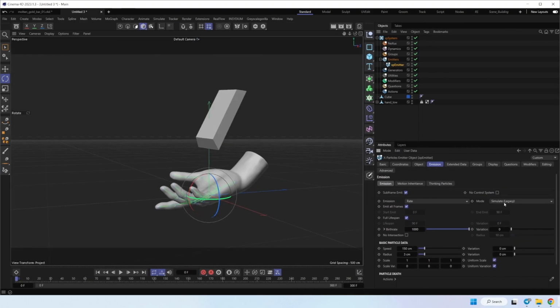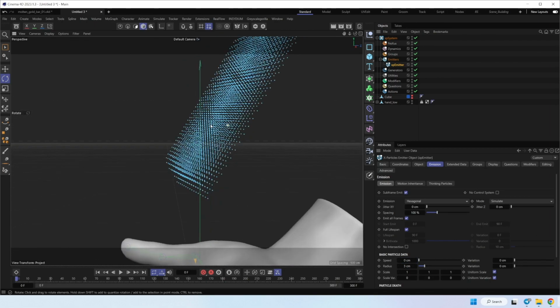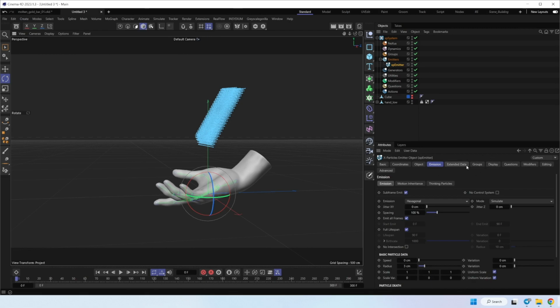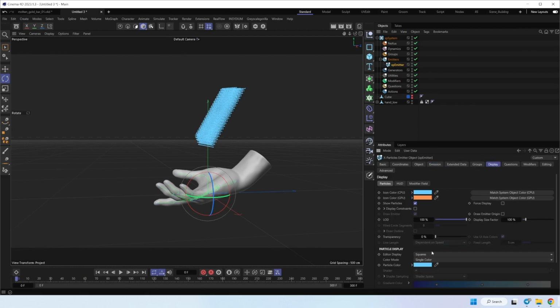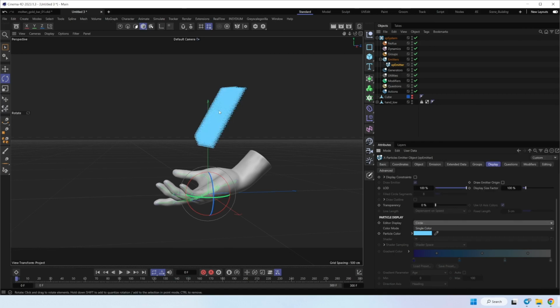Great, now at this tab we change simulate from legacy to the standard simulate. Let's turn on the cube, it will help to get particles on the first spray. And then we change grid to hexagonal and turn off the speed. And now we can see the real size of particles. To see the real size of our particles, go to display and we can choose circle. So now this is the real size for Xparticles.